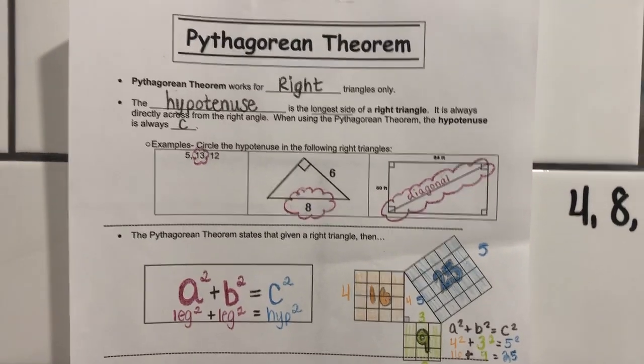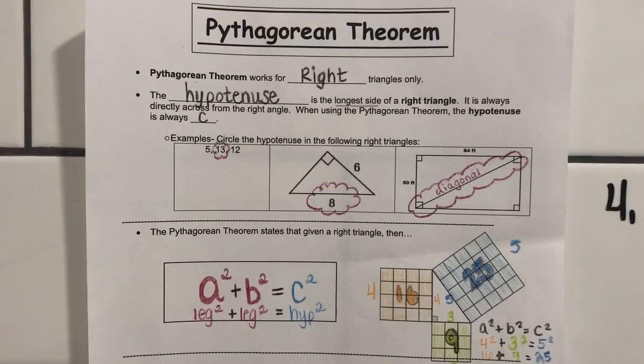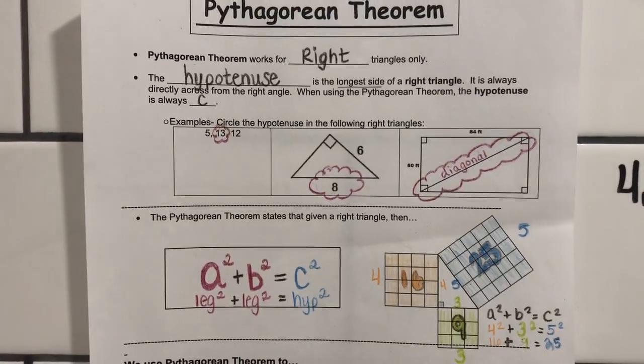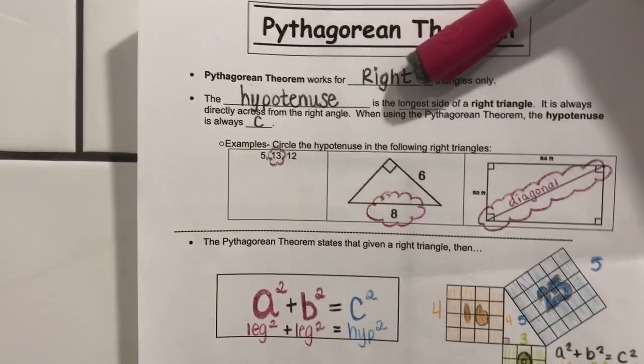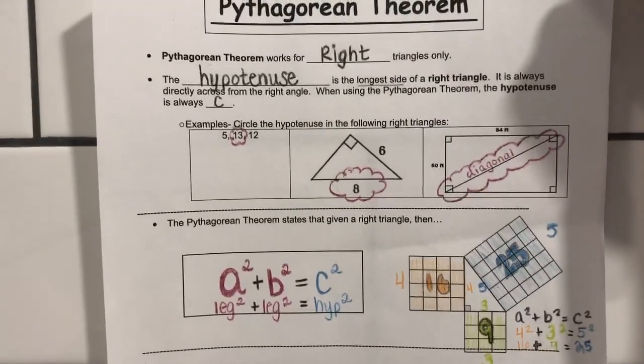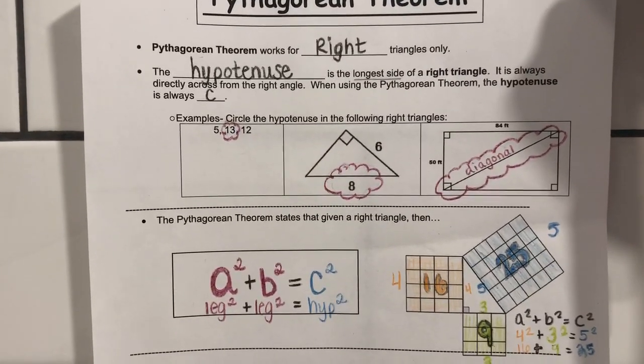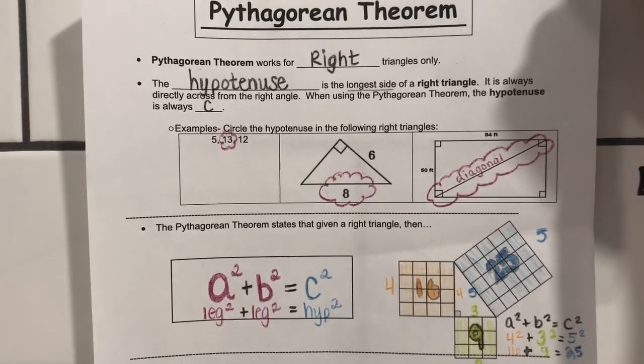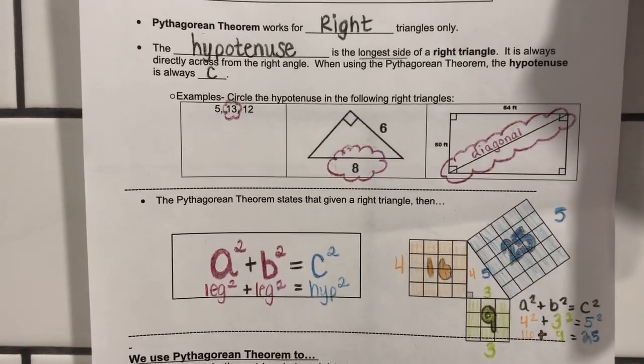Hi Pre-Algebra. Today we're going to be learning about the Pythagorean Theorem, and the Pythagorean Theorem works for right triangles only. So that's super important, only right triangles, and it's for side lengths of right triangles. It has nothing to do with the angle of a triangle, but it has to do with the side lengths